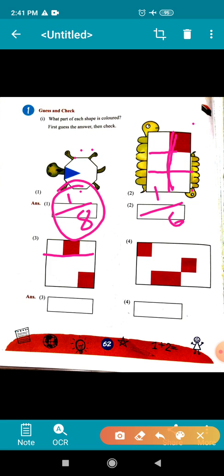Similarly, you will do for this question and this question. Okay, and children, you please make all these diagrams with the help of a pencil. Okay, I am telling you again and again. Now let us see next. Here this is a figure and you have to write the fraction for this red part. So what you will do, first of all you divide it equally and make the triangles.